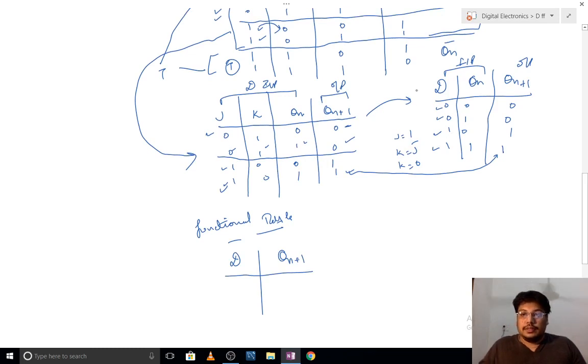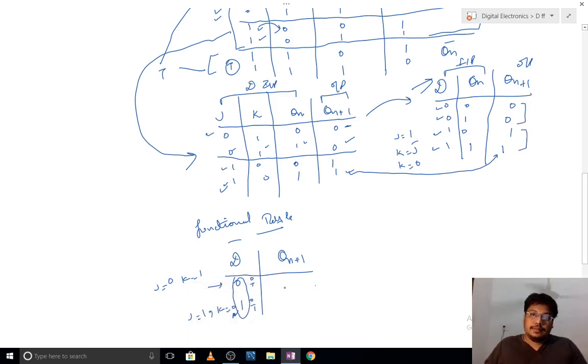So now if D is 0 or D is 1, it means J is 0, K is 1, and Qn may be 0 or 1. Here also Qn may be 0 or 1, but J is 1, K is 0 in this case. Whether Qn is 0 or 1,